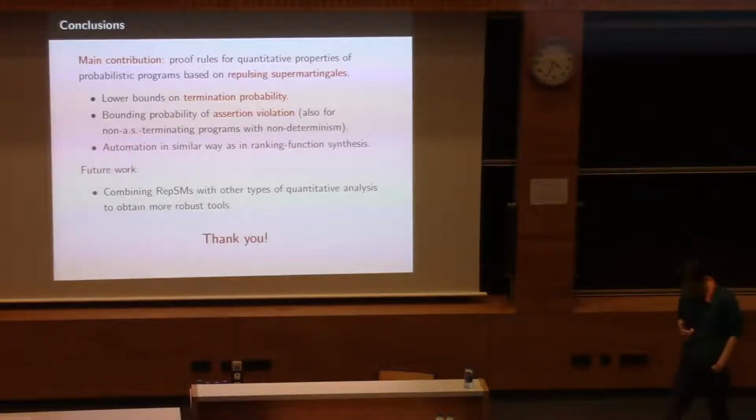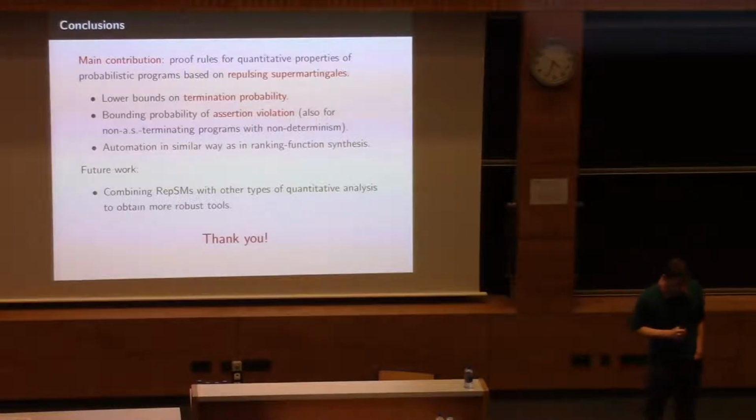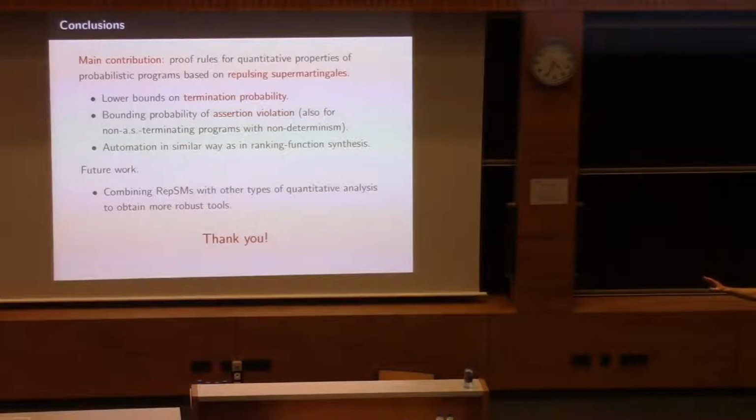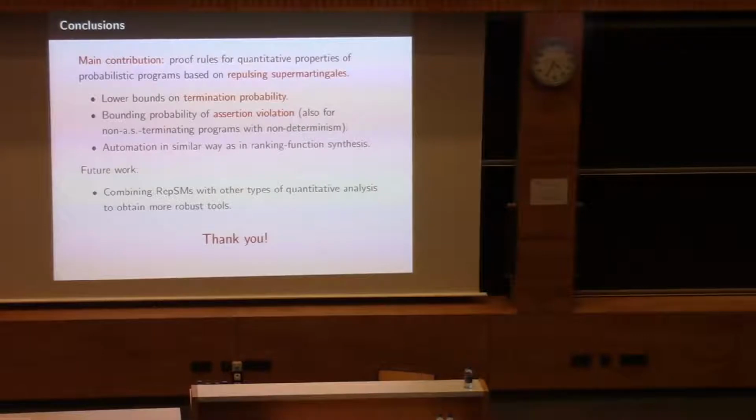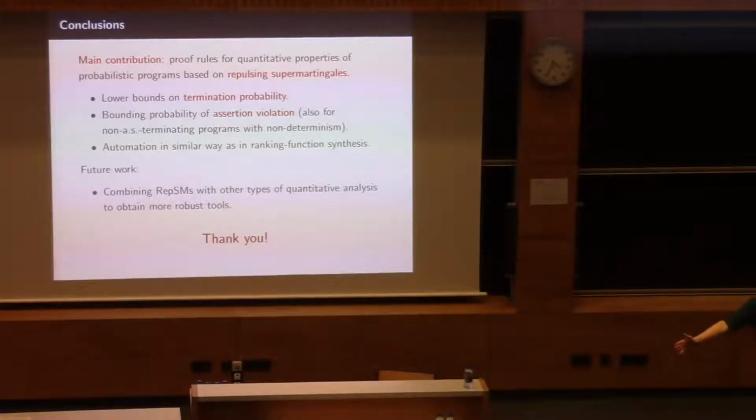So, to give a rather simple example, I would try to say where we expect this to be applicable. The use of our martingales is based on some sort of concentration bounds. So in principle, when you try to use repulsing supermartingales to prove that something bad happens with small probability, you're basically expecting that this bad thing happens with small probability because you have these vanishing tail bounds on something bad happening.